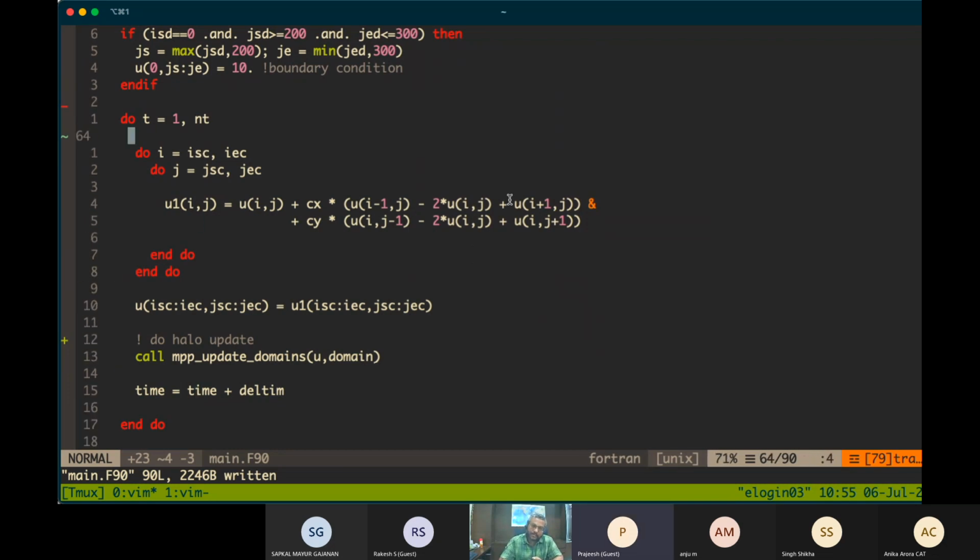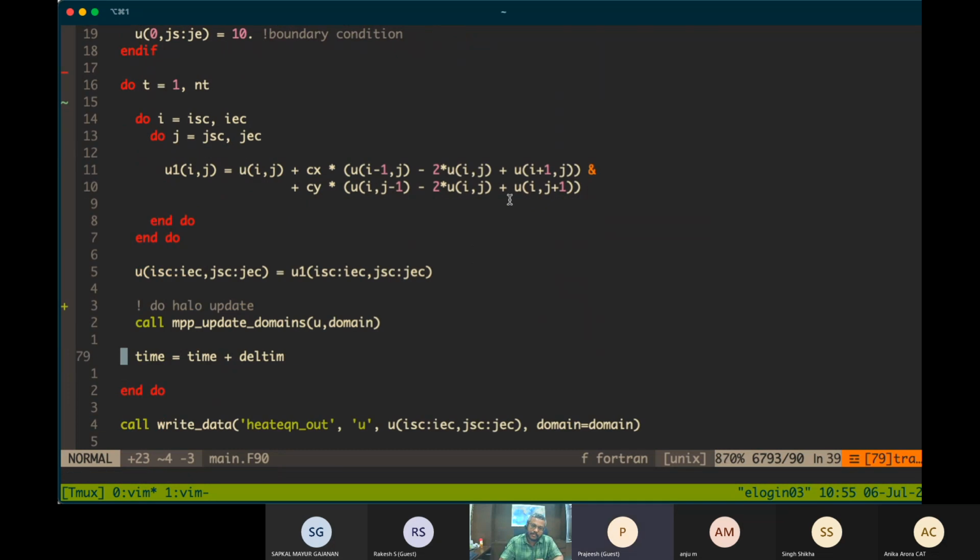So you can see this is inside the time loop. Every time the time loop goes, it updates the time. I'm not sure whether we have to put it at the end of the loop or at the starting of the loop. We'll see that once we get the output. We can check that once more.